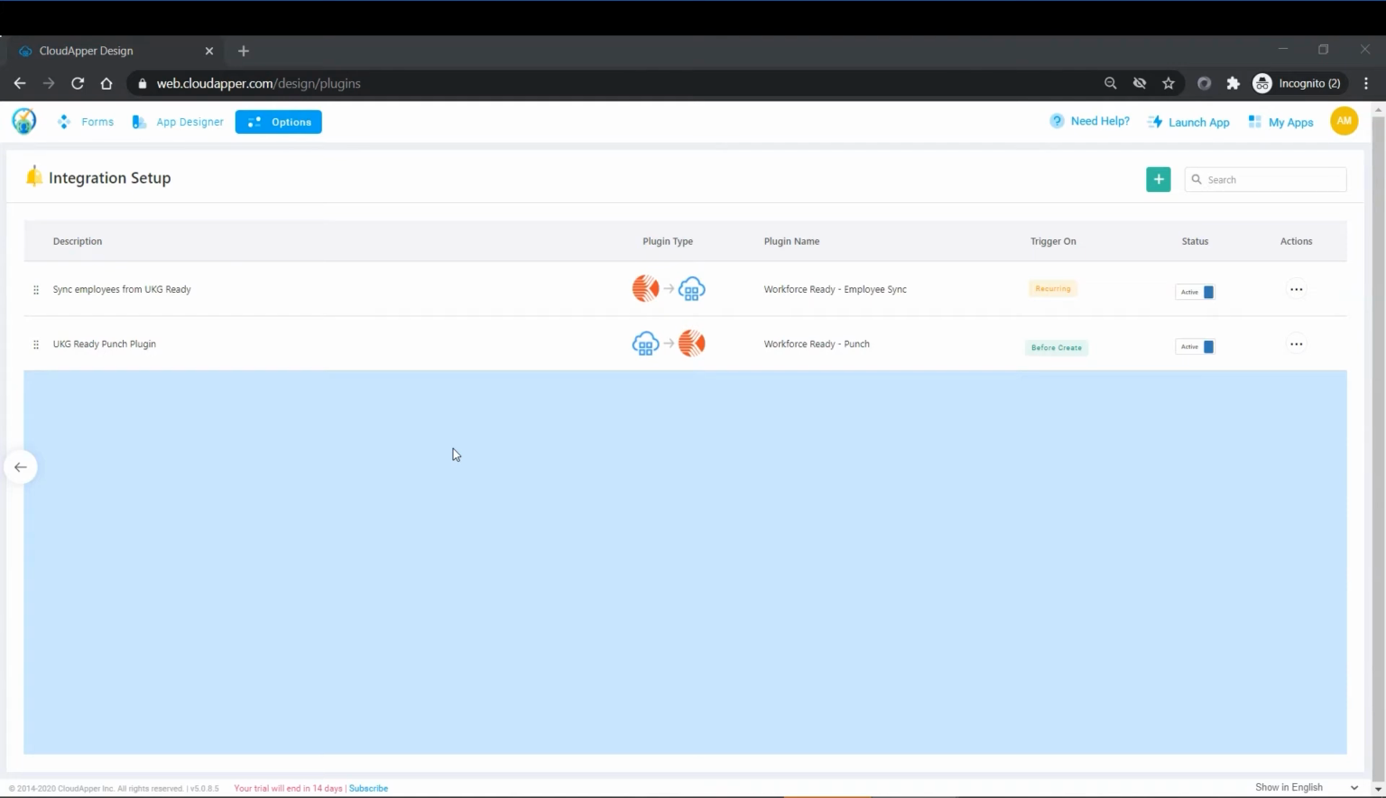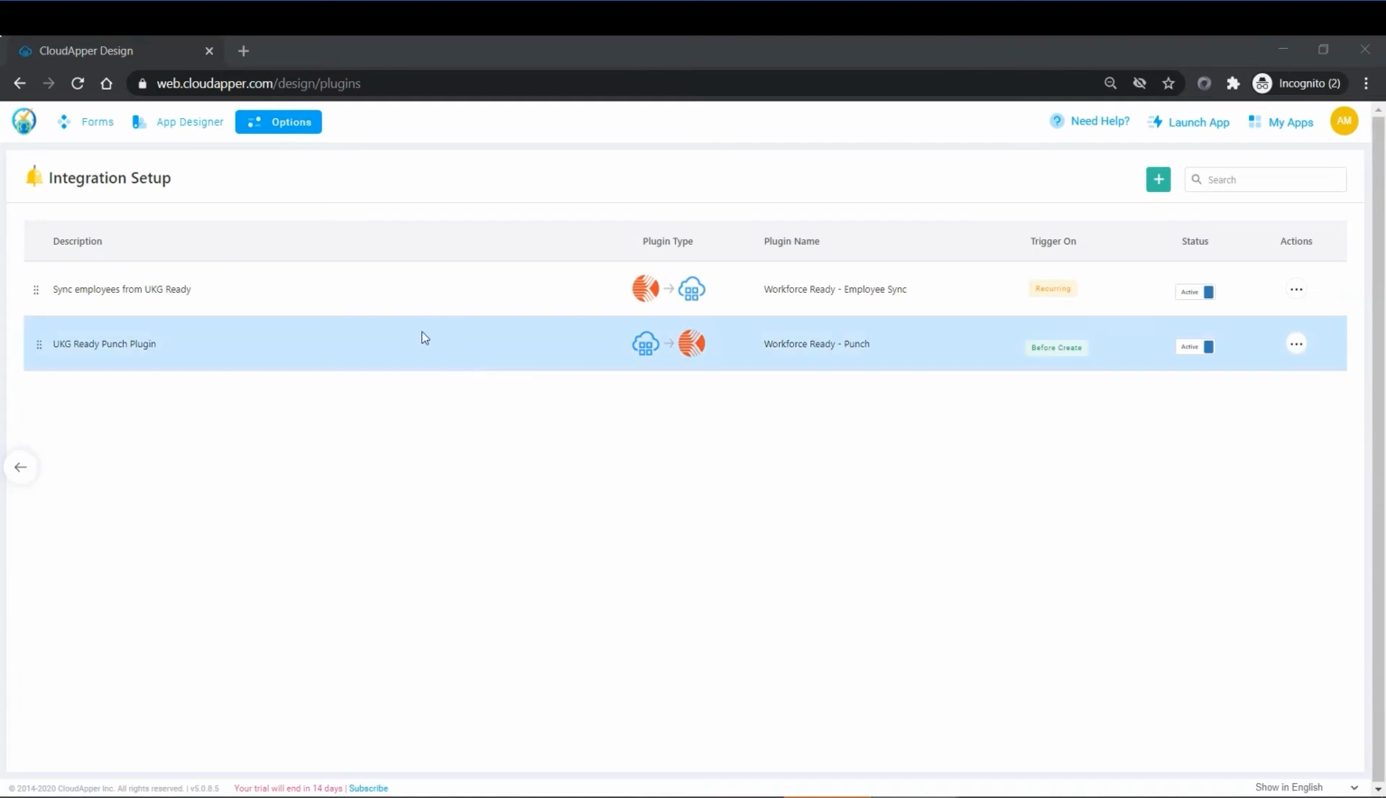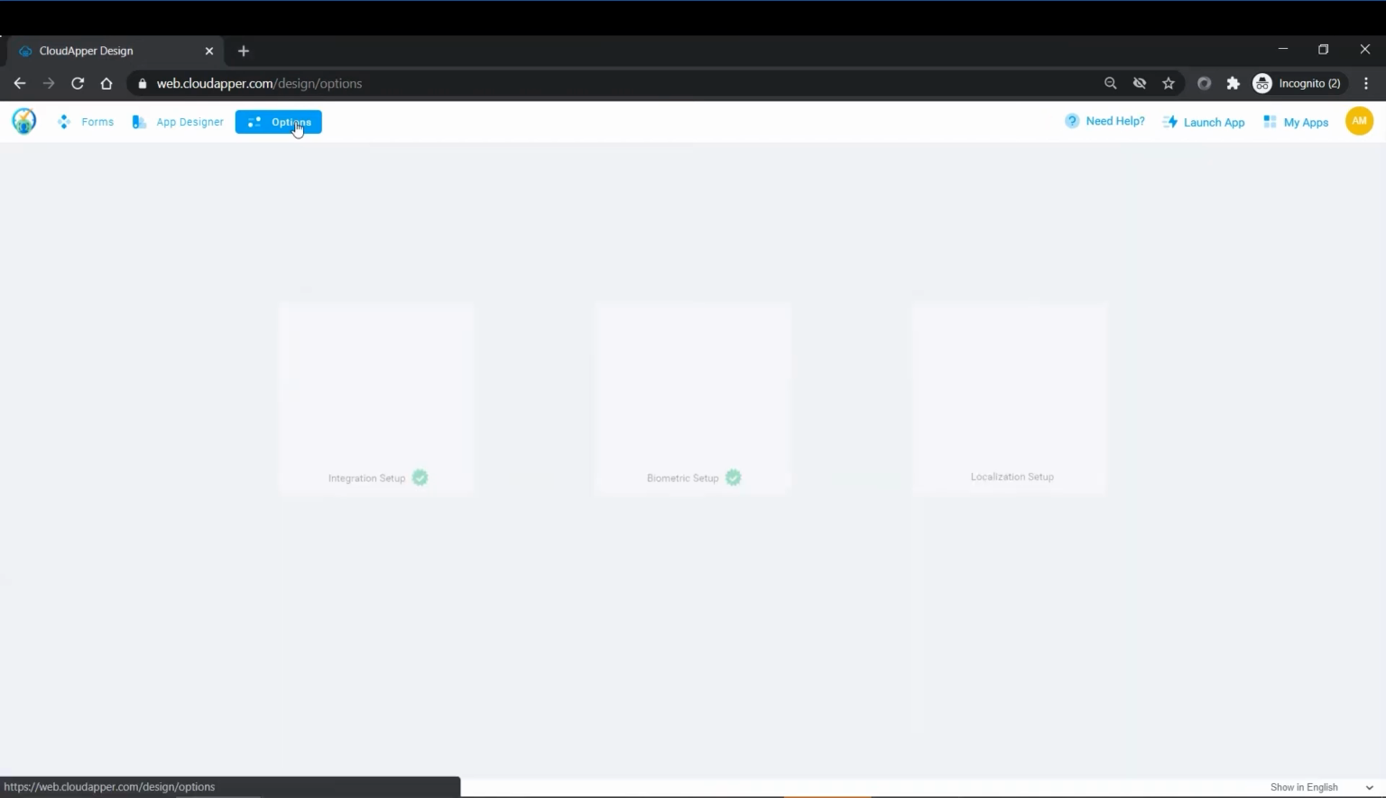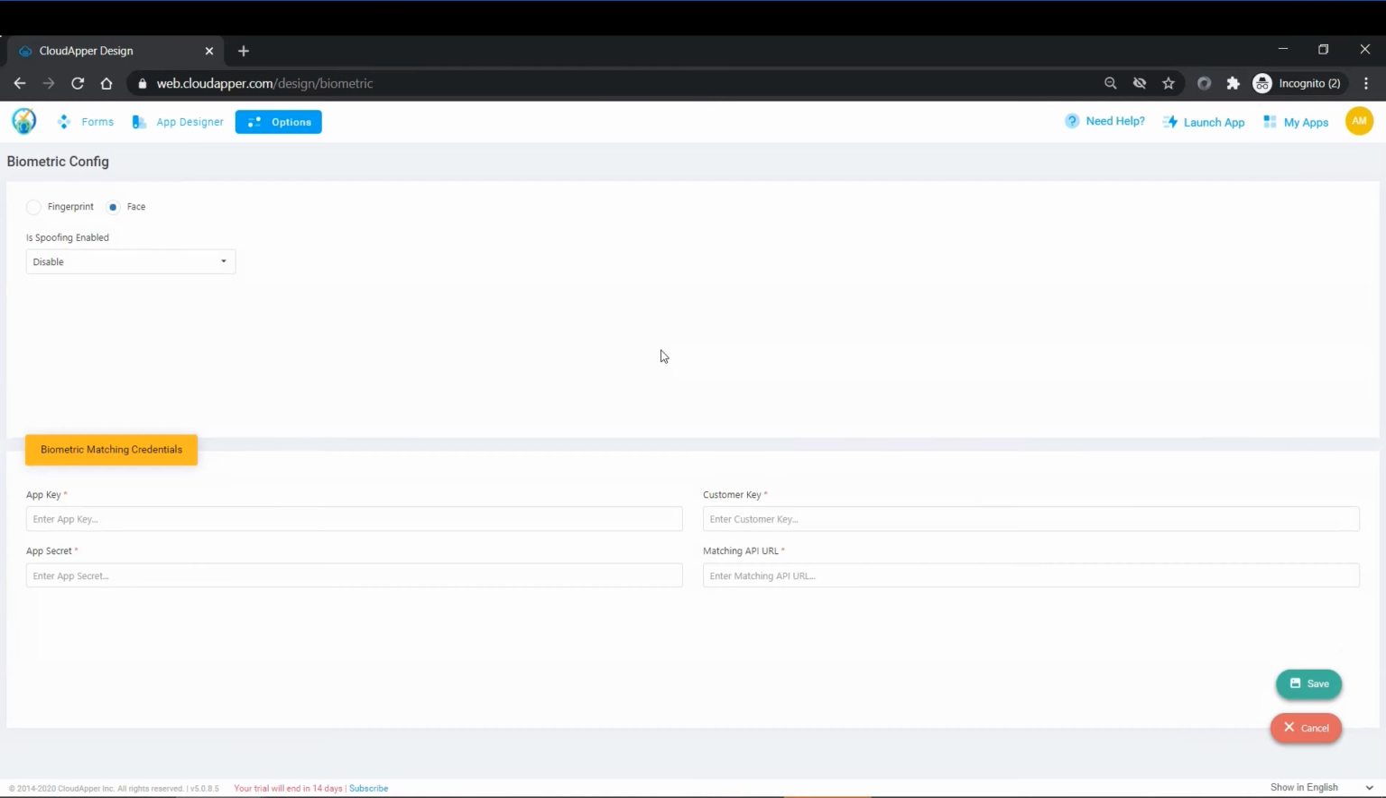Now because I selected facial recognition, I need to configure the biometric settings. Note that this is not required for the PIN or the QR code solution. So to do that, please click on Options and then click on Biometric Setup. Once you're on the biometric config page, please select Face if it's not selected by default. There are certain keys that are required to do the biometric matching. To do that, you will have to go to